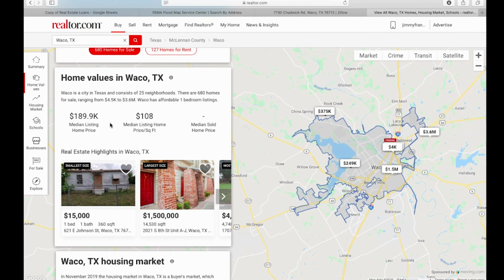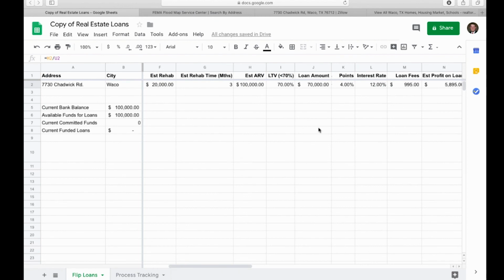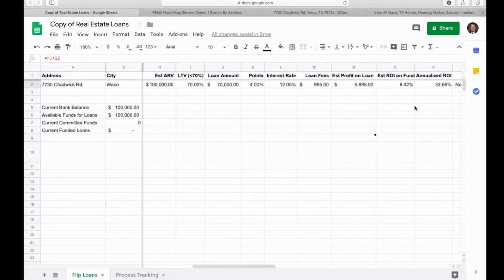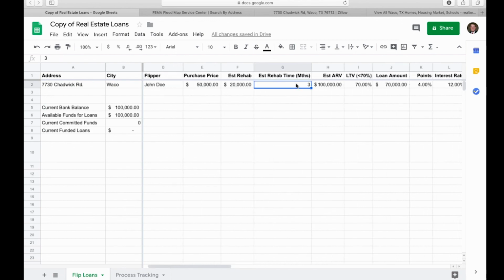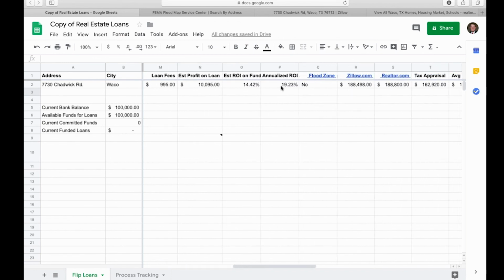What I don't want to loan on is something that has a much higher listing price, just because the chances of it sitting on the market longer are higher. The other problem with that is generally we're only doing about a 6-month loan, and I don't want my money tied up too long, because what that does is it actually lowers my rate of return. So in our example here, I was making an annualized rate of return of 33.69. If we were to change this and say, all right, let's pretend it's 9 months, what that just did, dropped it all the way down to